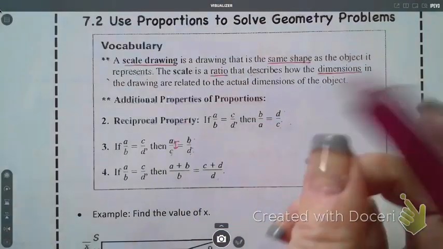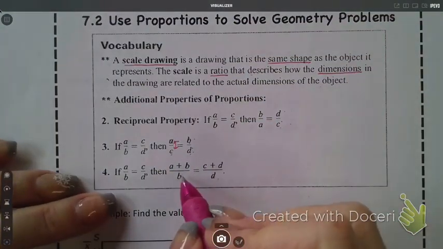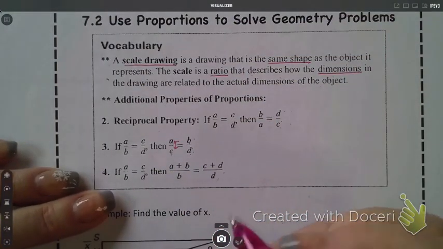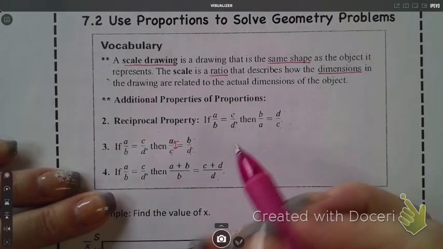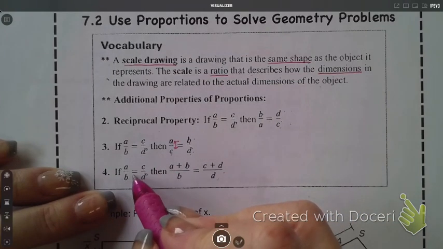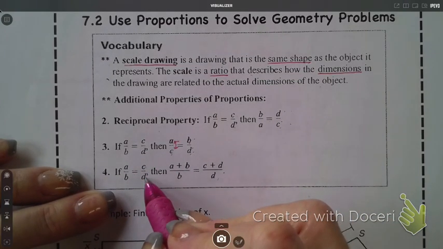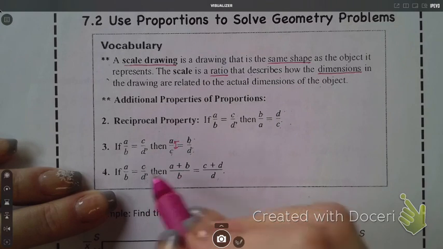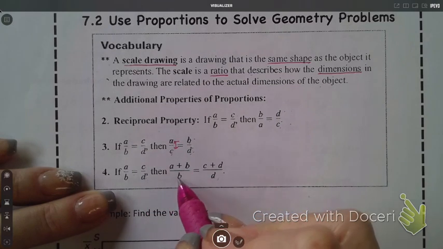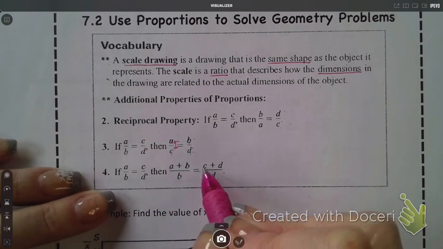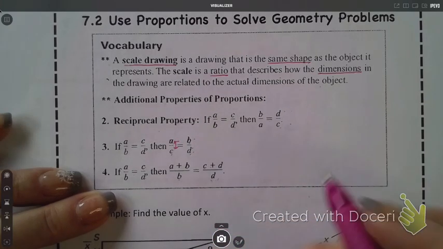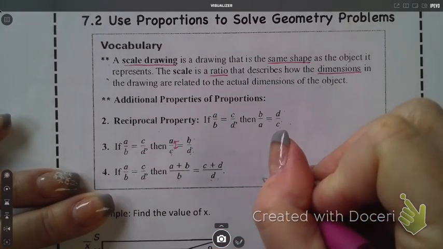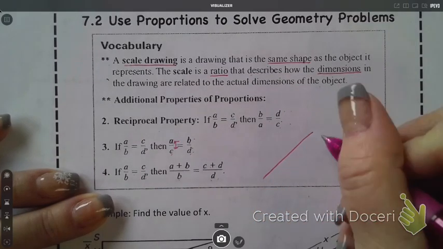So the next thing we can do, this is kind of an interesting one. It works when you don't know a whole measurement, so it comes in handy. You'll actually kind of use it a lot today. So if I have A over B is equal to C over D, then A plus B over B is equal to C plus D over D. So what that would mean, I'm just going to draw a